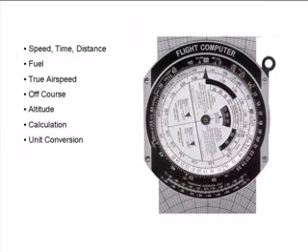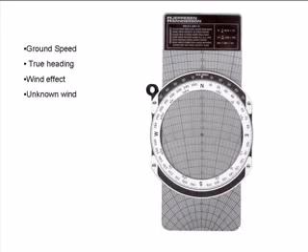In general, the calculator side is used for speed, time, distance calculation, fuel calculation, true airspeed calculation, off-course calculation, altitude calculation, general calculation, and unit conversion. The wind side is used to calculate ground speed, true heading, wind effect on the aircraft, and to figure